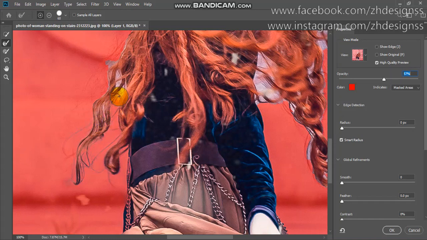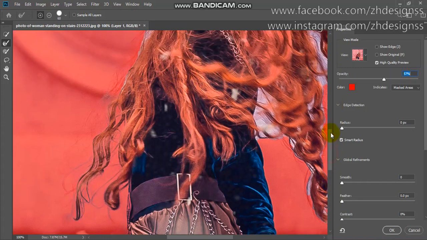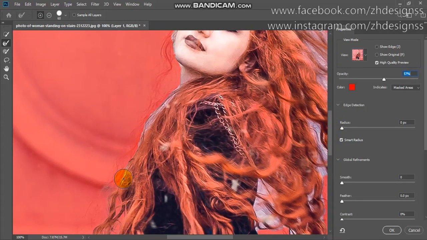You can simply use it on the edges, and it will remove your unwanted area. It is so simple to use on the edges.